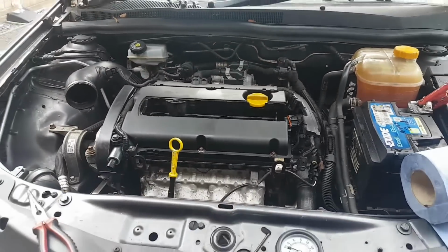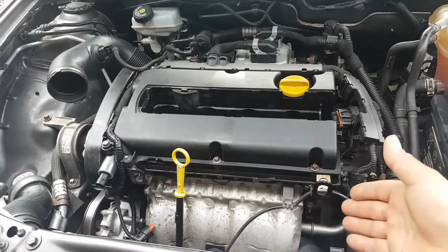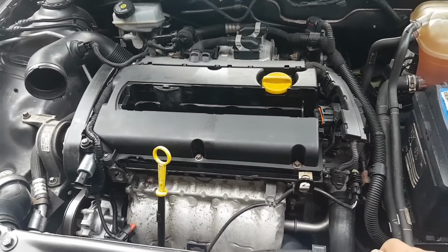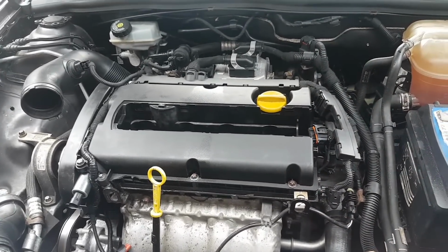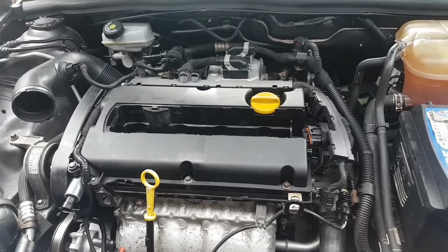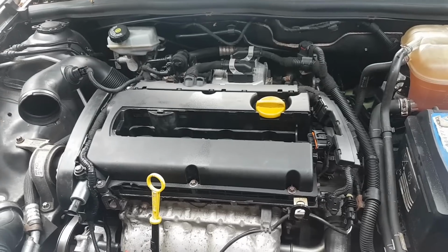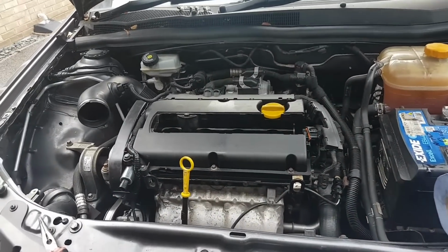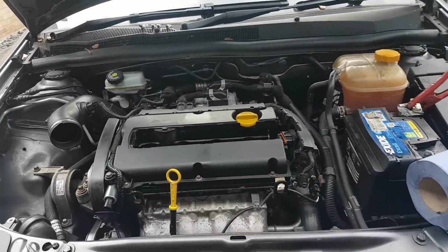So that's it, guys. It's going to need an engine or a block. You can just get the block and transfer all the rest, a lot of labor for that, or you can get a whole engine. I don't know what he's going to do. That will be up to him now. My bit is done. So a little bit of wasted time getting the timing right, etc. But the timing was out, as you guys have seen. There was no question about it. I think if I would have approached this...